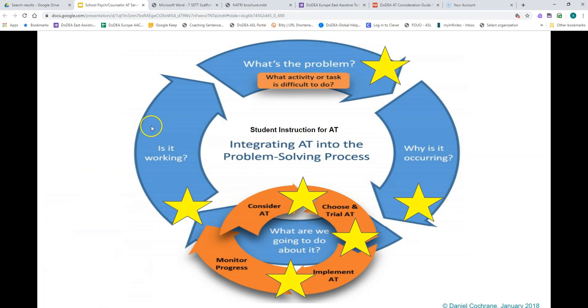So if it is working, great. We just continue on cycling along. If it's not, then we start the process over again. If it's not working, well, what's the problem now? Maybe the start of the year, the student was working on very rote tasks, and there wasn't a huge